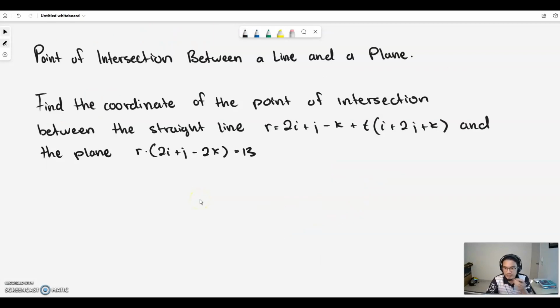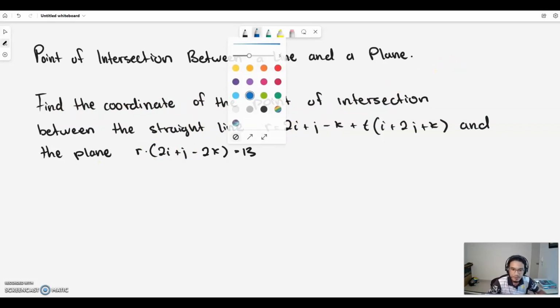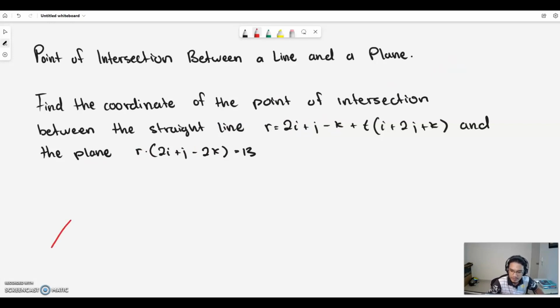Okay, so the next section is about finding the point of intersection between a line and a plane. The example here is to find the coordinates of the point of intersection between the straight line and the plane. By the diagram, here we have a plane, and we have a line that is passing through the plane. So that is the line. Our task here is to find the point of intersection, which is right here,